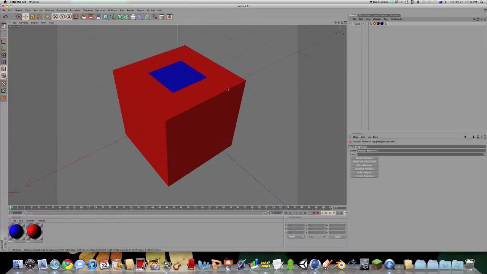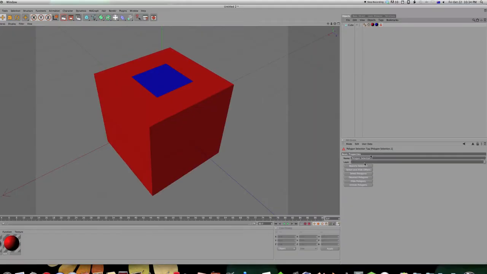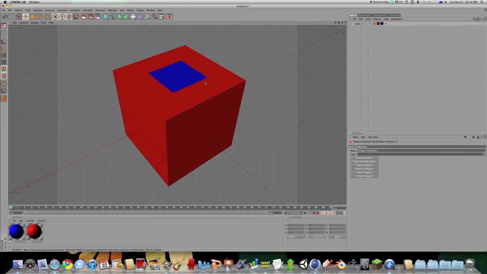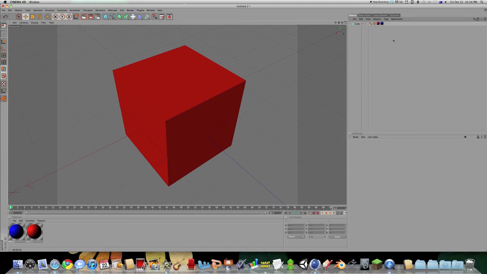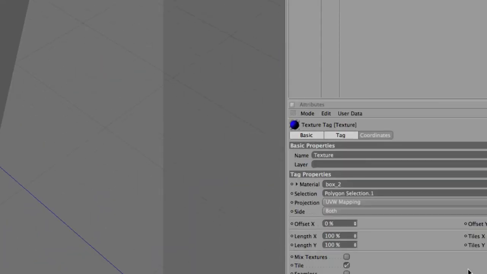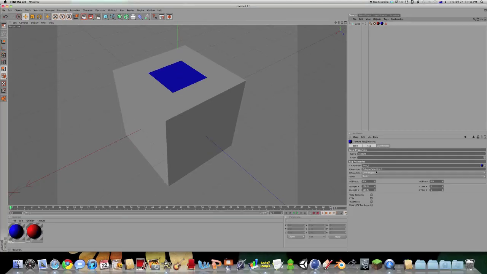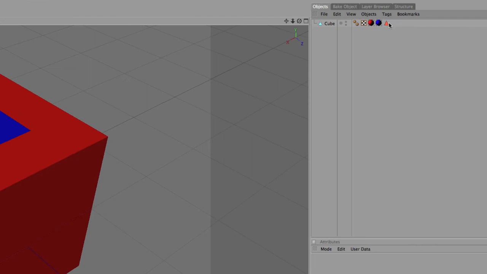Also, this triangle is for the polygon selection for the blue. So if I delete that tag, pretty sure, yeah, it stops working. So it's like this. See what we do as selection, polygon selection dot 1. Now if I delete this,